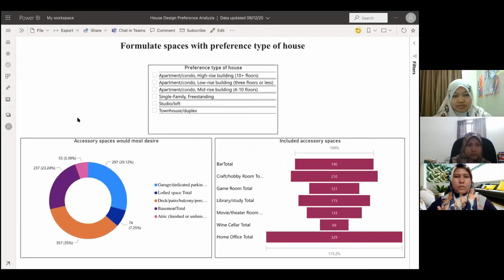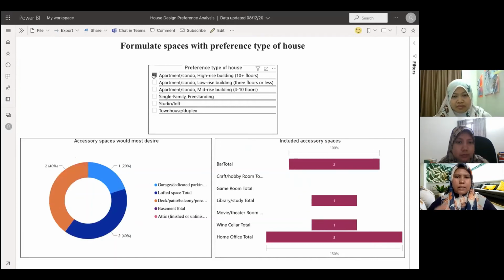Okay, this is the formulate space with different types of house. Let's say I want to see how many accessory spaces and included accessory spaces for apartment, condo, high rise, 10 floors and above.